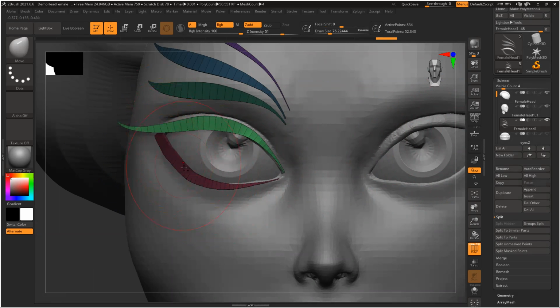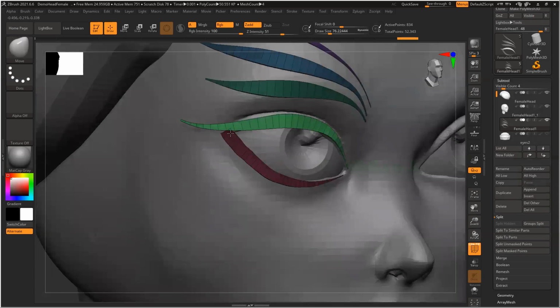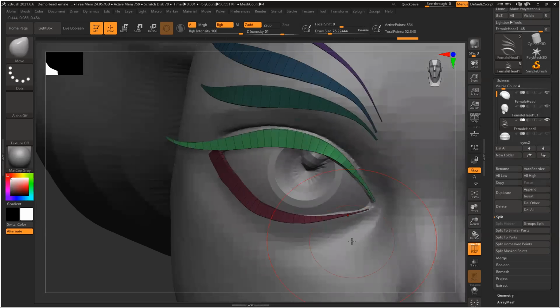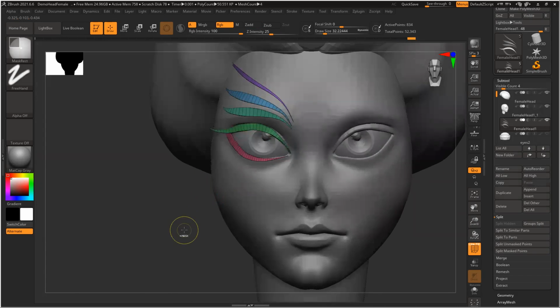Similarly, these two things are connected. And the width of this is slightly wide. Increase the size, deselect.